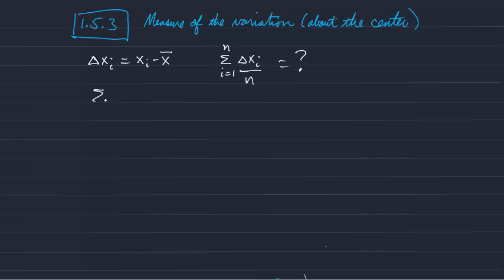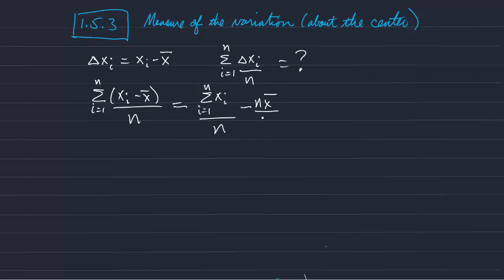Well, if we take the sum of xi minus the mean value divided by n, then we get the sum of xi, and we're summing x bar n times, so we get n x bar over n. And what does that give us? Do you see it yet? So that gives us x bar minus x bar, and that's equal to 0. So that's not a very useful measure of the